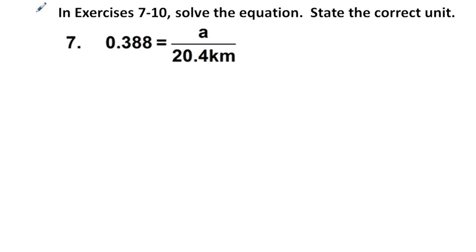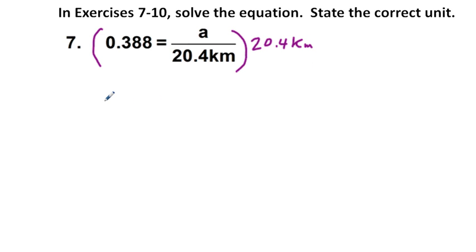Next odd number problem, exercise 7 through 10, solve the equation, state the correct unit. In this case, our equation is 0.388 equals A over 20.4 kilometers. So we can isolate this A. What is this 20.4 kilometers doing to this A? Well, it's dividing. So if we multiply this whole equation here by 20.4 kilometers,